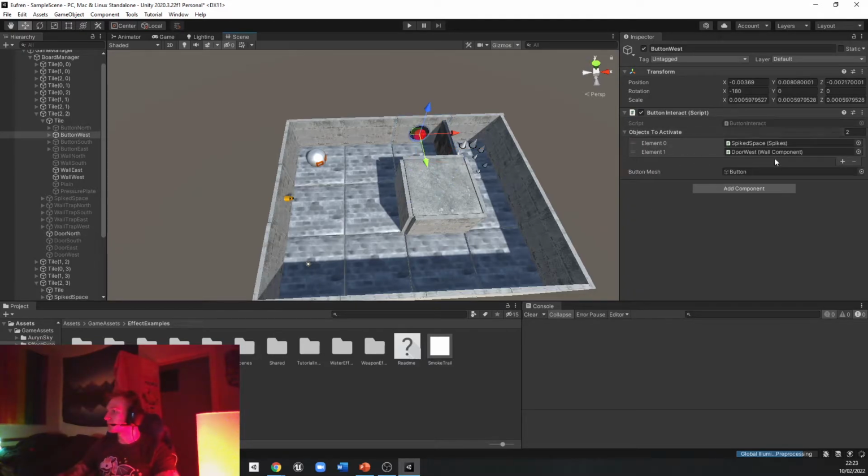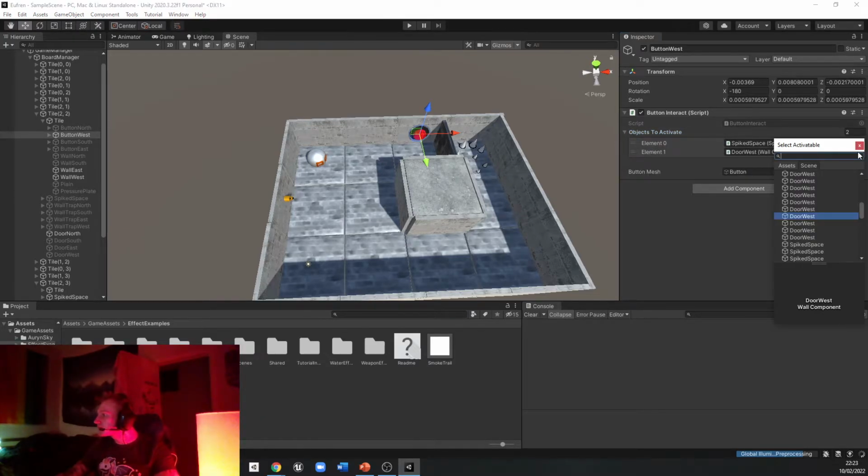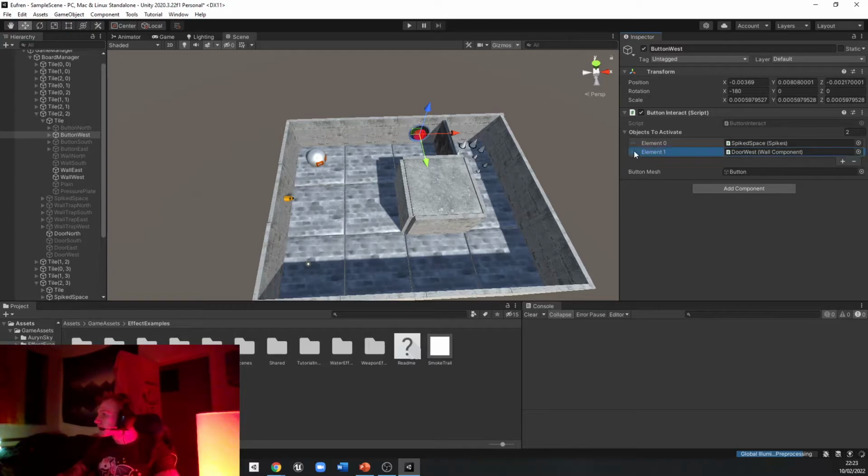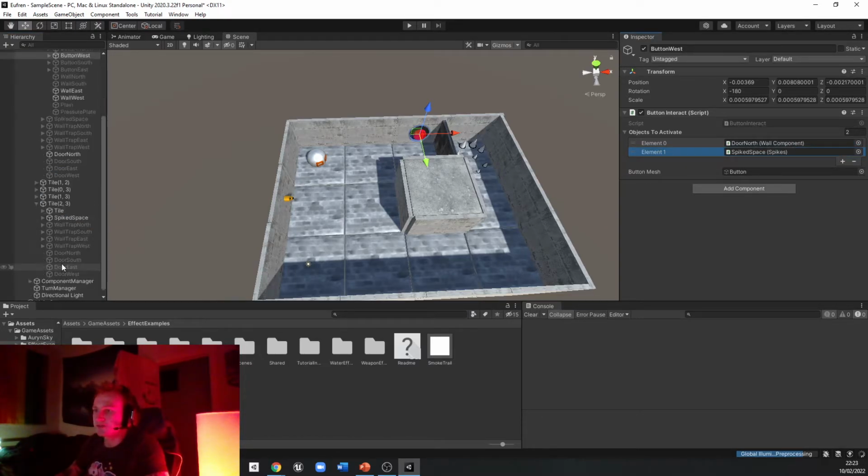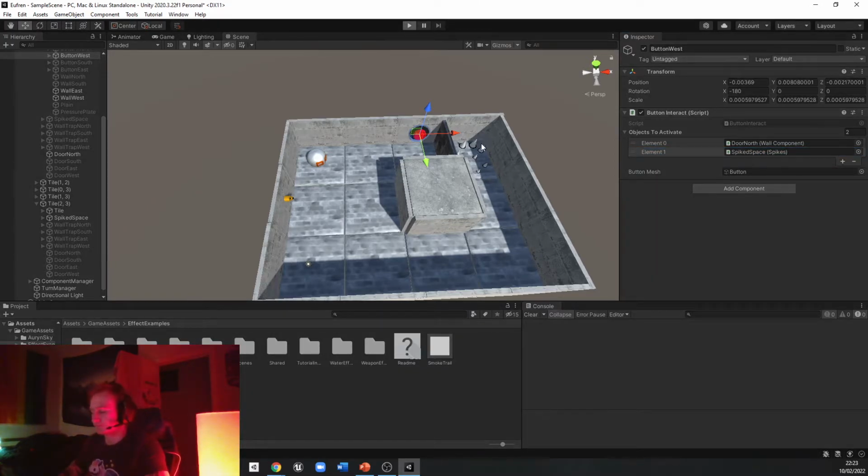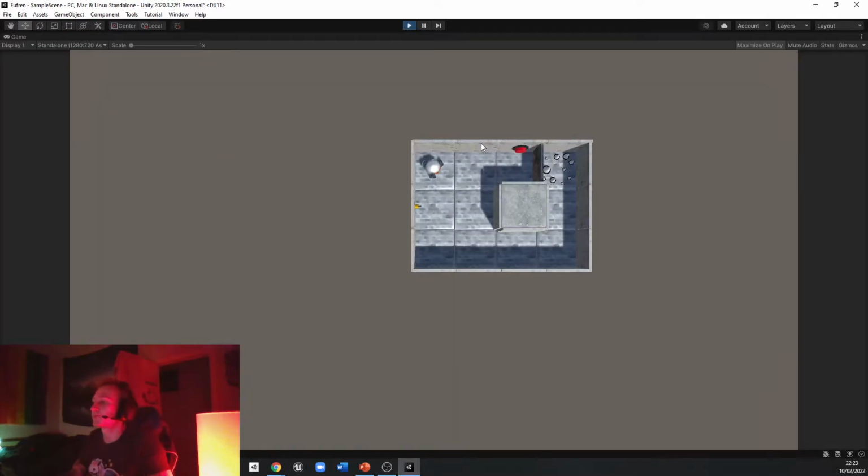For the bottom button, we need to activate objects. We're gonna delete those two. That's it. Actually, we wanted them both. So we want those doors, door off, and those spikes over here. There you go. So now the button is set up to activate and set a tick to any objects that